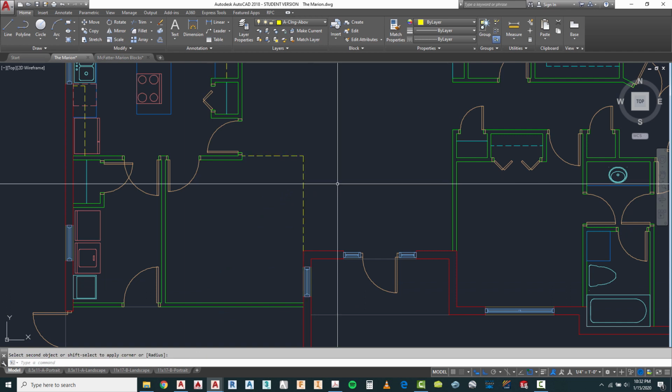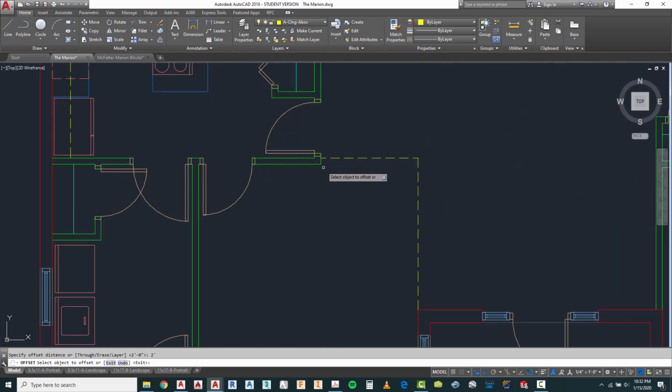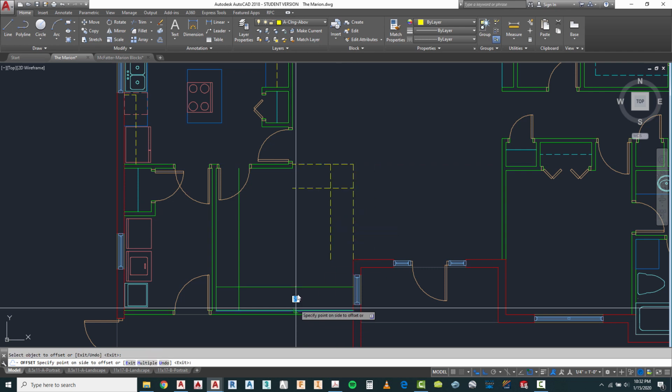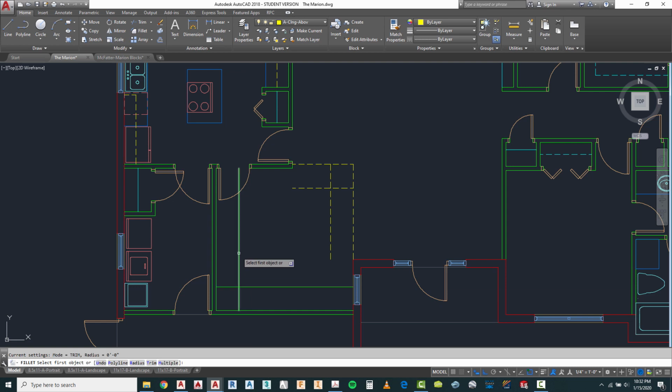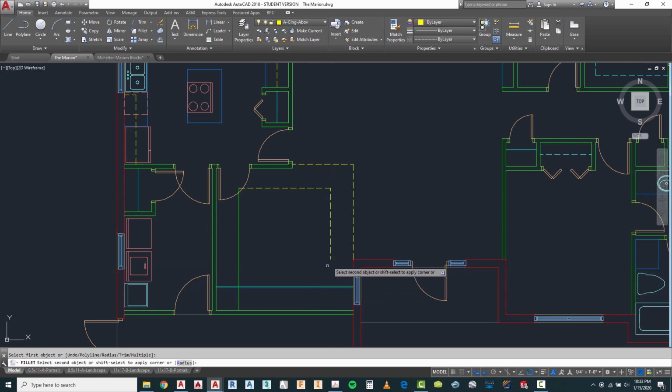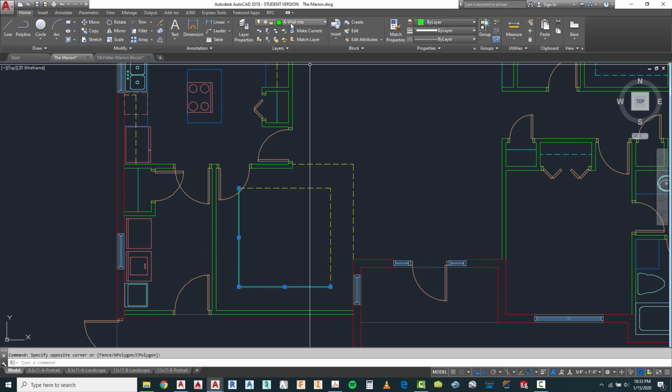So I'm going to click on that, and I'm going to go ahead and offset 2 feet. Now because this was 4 inches here, I'm not going to get a consistent soffit line that we have all the way around. So I'm just going to go ahead and offset 2 feet. Let's just go ahead and do it that way. 2 feet, 2 feet, 2 feet. Let's go ahead and fillet these lines. Fillet. Fillet. Fillet. And we'll change these 2 lines to